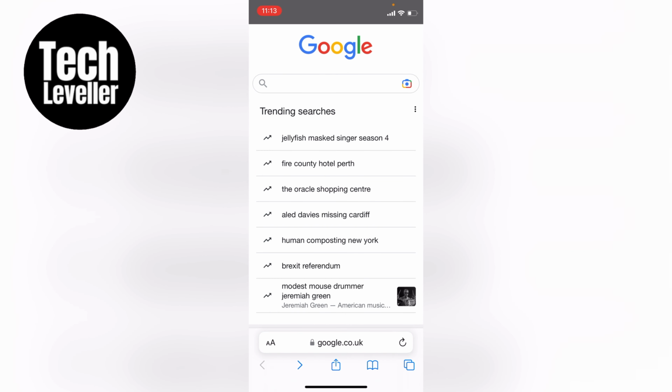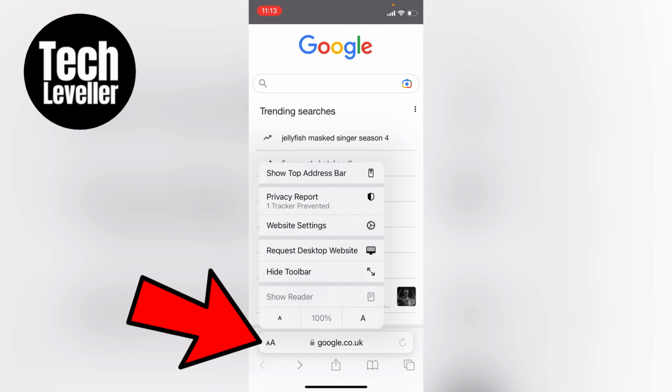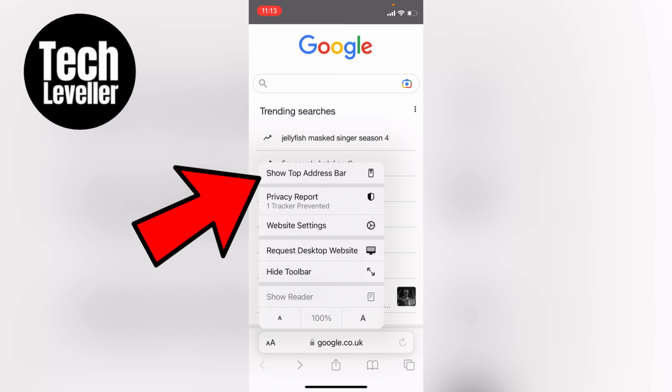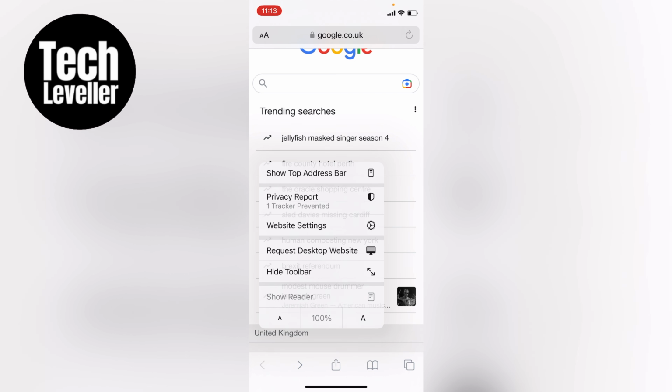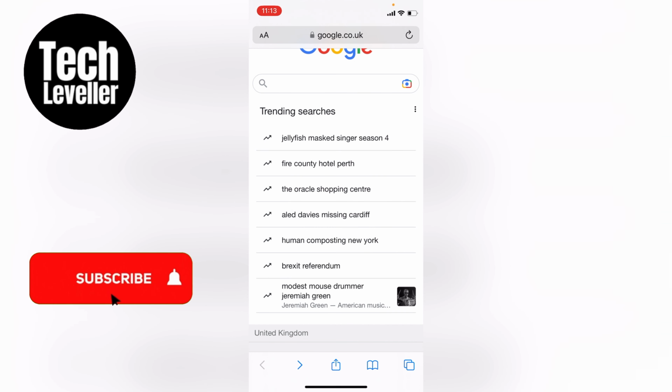Now the second way is much quicker. You want to click this little AA symbol here at the bottom in the address bar. Then you'll get this little pop-up menu, and you can see right at the top of the menu, Show Top Address Bar. And you want to tap onto this,